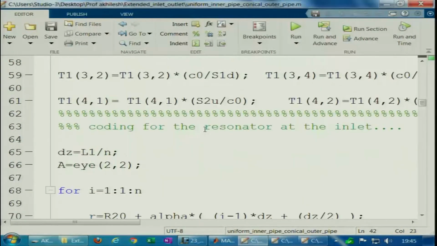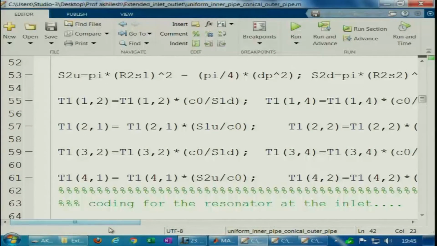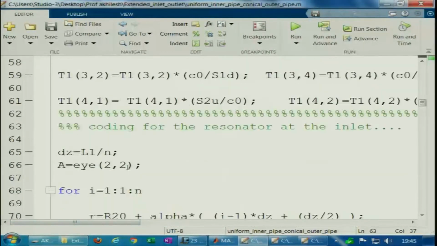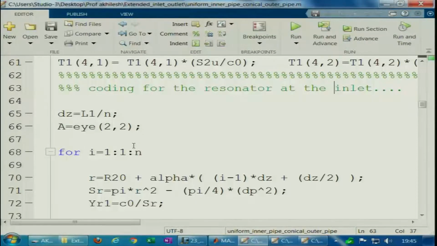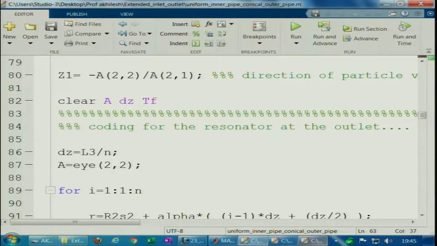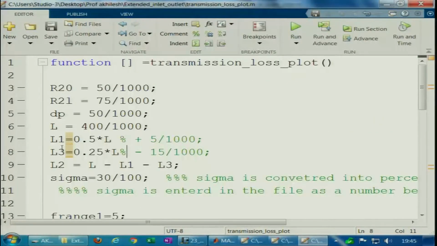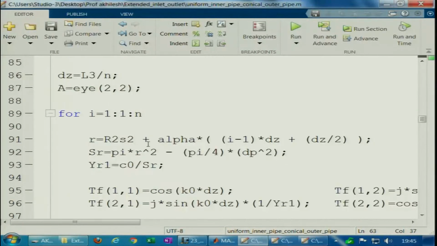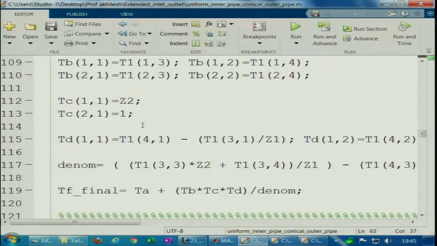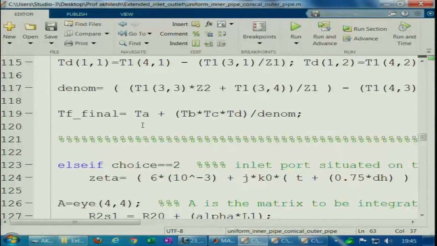And then once we do that, we have to figure out the transfer matrix, get into the PV form rather than the P rho naught C naught U form, and then we need to write an algorithm for the resonator at the inlet of length L1 by L, and similarly code the resonator at the outlet, that is L3 by L. So, L1 and L3 were defined to be something like this, and L2 is the thing that is in between. Once you get this coded, you get the impedance expression I was talking about, and all these manipulations are very similar to what we saw in the week 5 lecture.